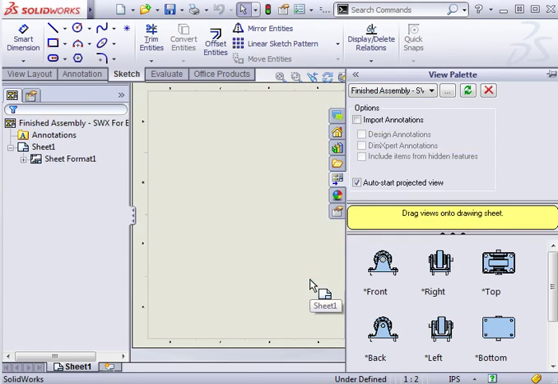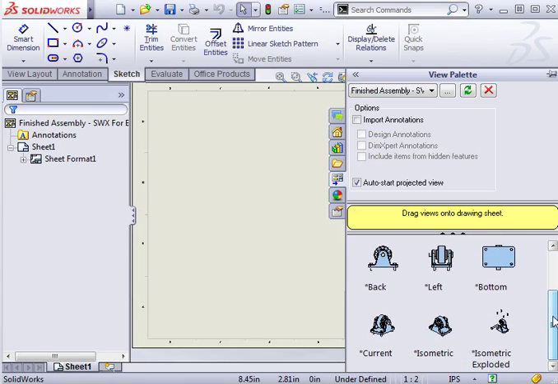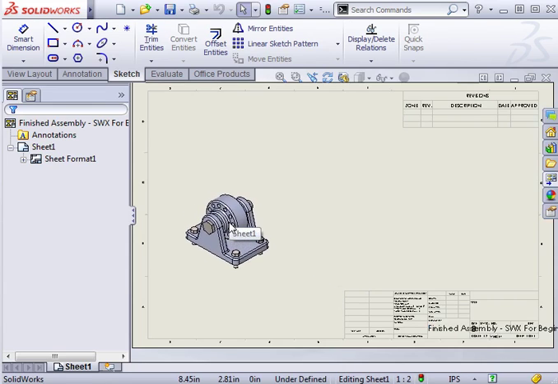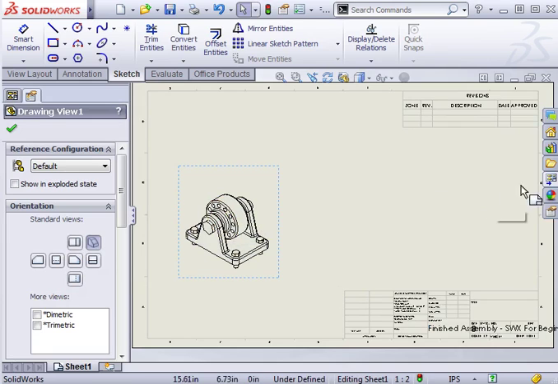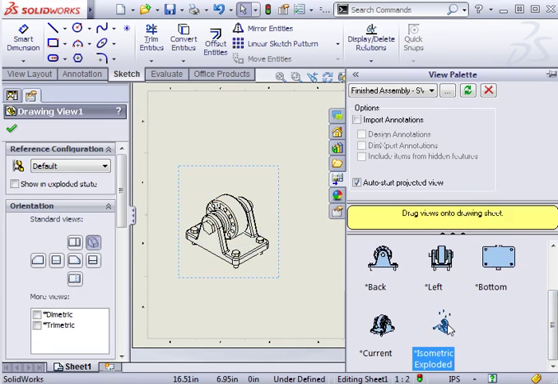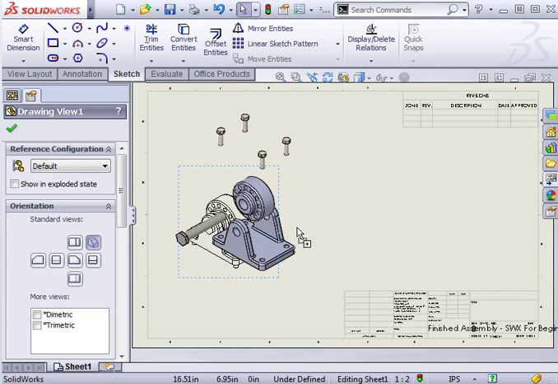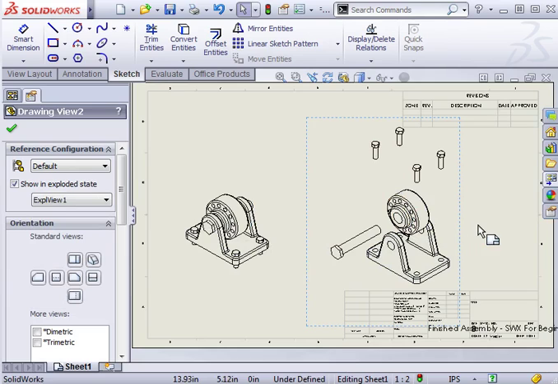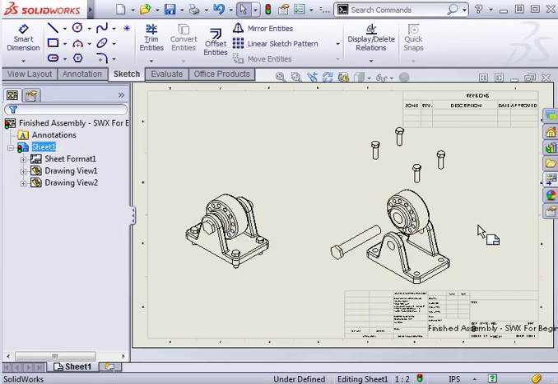I can use the View palette to drag and drop any views I'd like onto the sheet. I'll drag in the isometric view and also the exploded isometric view. One thing you should note is that the exploded isometric view will only be available to you in the drawing if you have an exploded view created in the assembly file. So you won't have the ability to show an exploded view in a drawing unless there is an exploded configuration